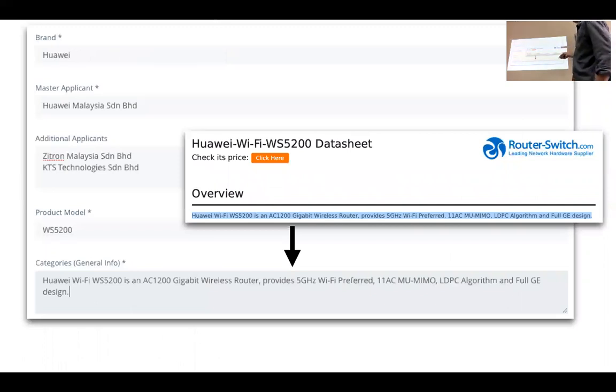Then they will actually have to, this one they have to provide the information. So you check its data sheet, technical sheet or brochure. They will actually put in that category, they write the general information. Because this is the category and ours is different. Okay.